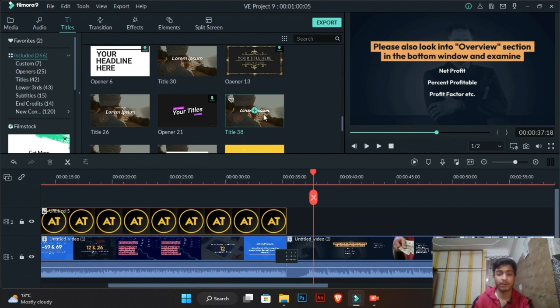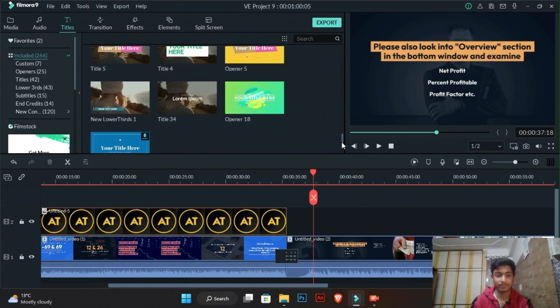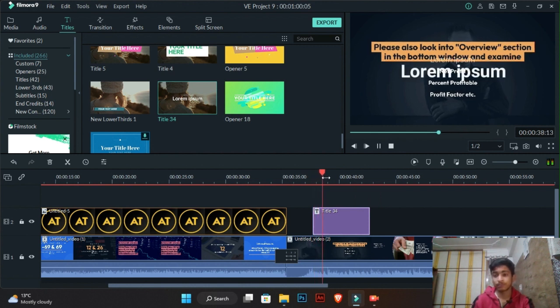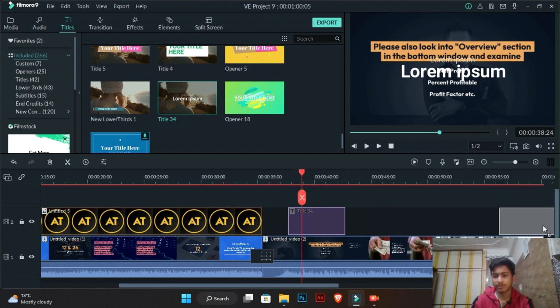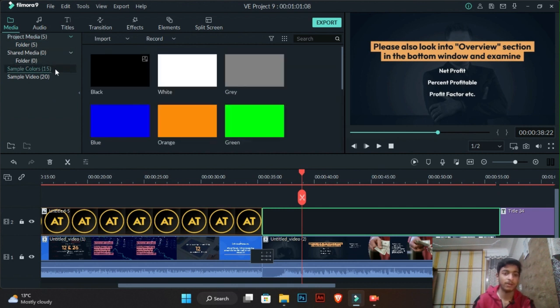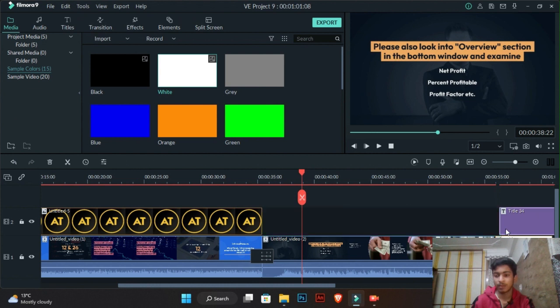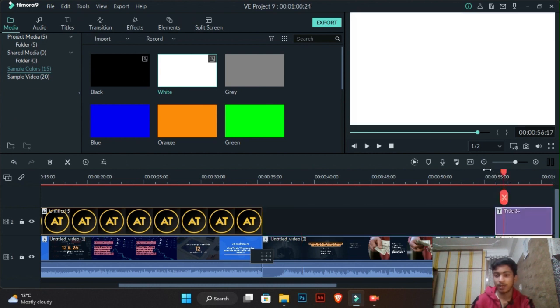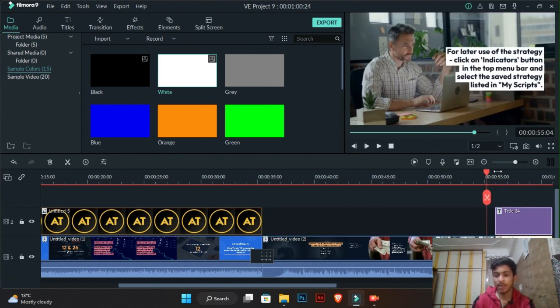For example, we'll choose like this title, for example, and this is how it will be appearing. I guess I would just make another layer for this text file. Just add a white background over here and text above it. And now if I will give you a playback for this,